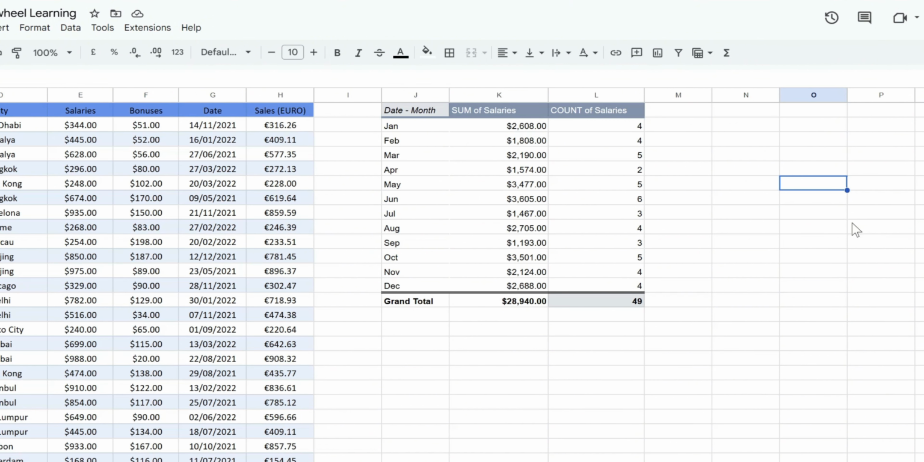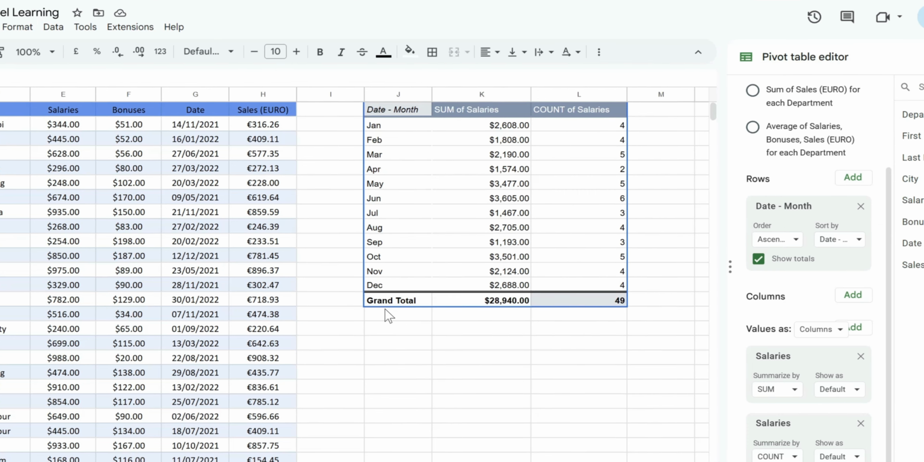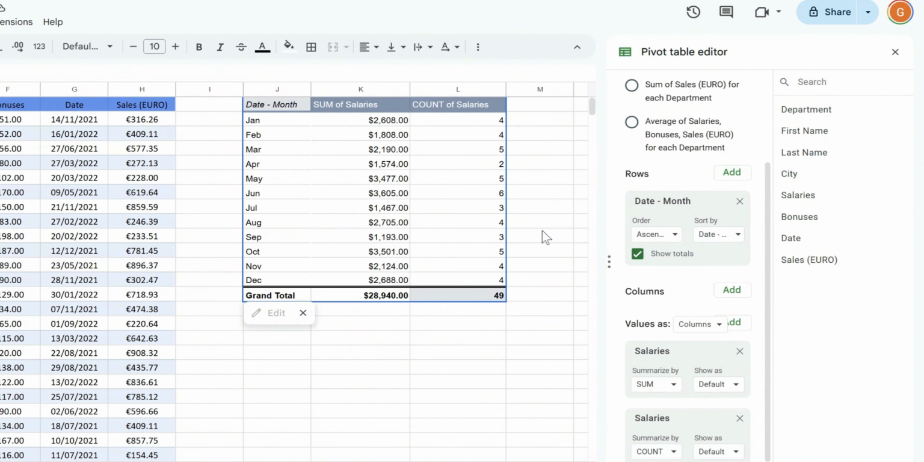So the steps that we need to follow are to hover on the pivot table to identify this button and click on it. And once you have done that, simply go to the rows section and you'll see there are two tiny labels over here, order and sort by. First, we're going to pick the sort by one. And in my case, I'm picking count of salaries. And then for the order, I'm just going to select descending from the order label dropdown, and I'm closing this